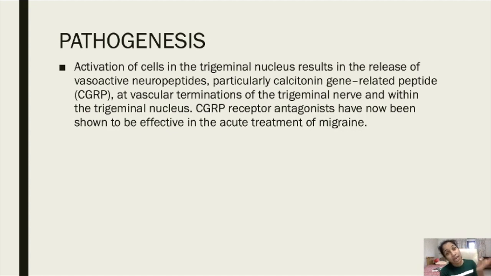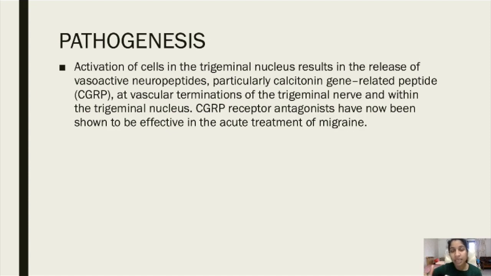So this CGRP will go to the vascular end of the trigeminal nerves, and there will be migraine. At that time, if we give the CGRP receptor antagonist, meaning the opposite of these receptors, then that is an effective treatment in migraine, right? That will reduce the production of this, and it will reduce the pain. So that is one pathogenesis. Pathogenesis means one path of